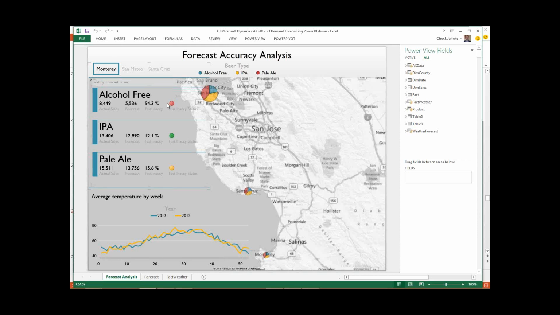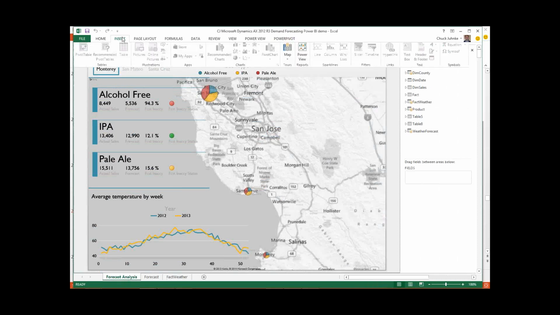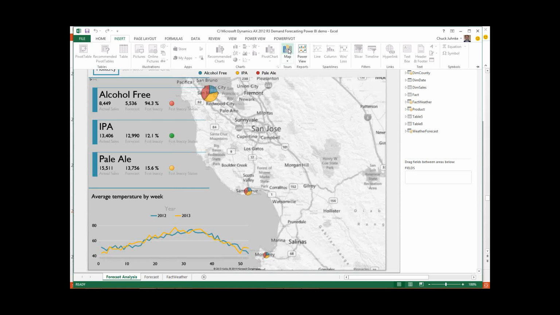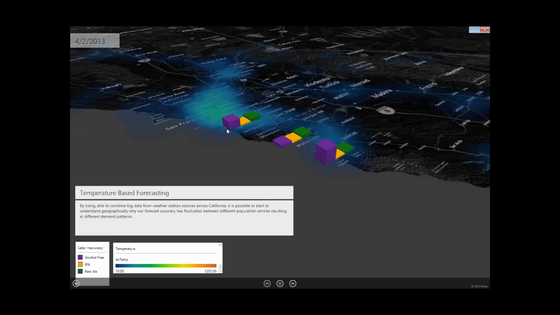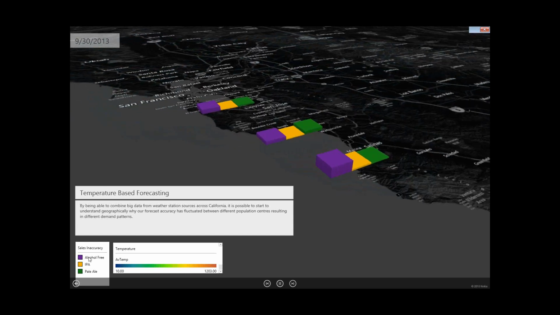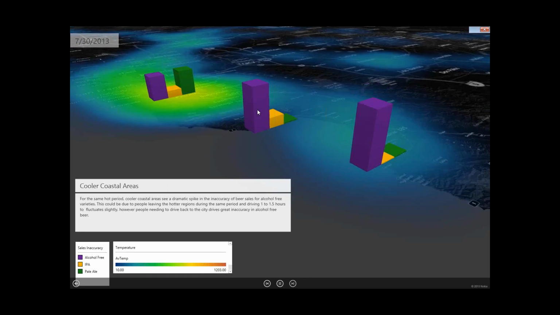So rather than just trying to guess the reasons for this, what we've done is merged this with temperature information over the last couple of years by region, by location, and by temperature readings for the individual day. And now what we can do is do a visualization using some of the Power BI capabilities. In this case, we're going to launch Power Map, and this will give us a representation of that forecast data. Now as I play this, pull your attention up here into the Silicon Valley area, and you'll see the forecast inaccuracy by day. So as we get into the summer months, you'll notice that the forecast accuracy in the Silicon Valley is about the same, but boy, if we go down to our beach communities, you can see that that forecast for the alcohol-free version of our beer is really out of whack. And so you can see the temperature map here, as well as inaccuracies in Monterey and Santa Cruz. Now what